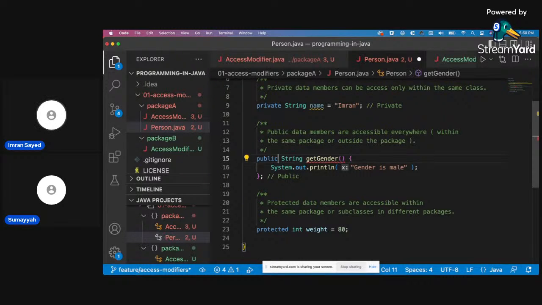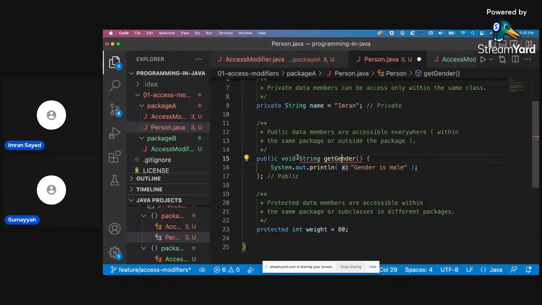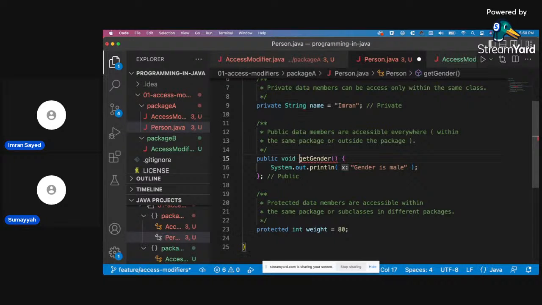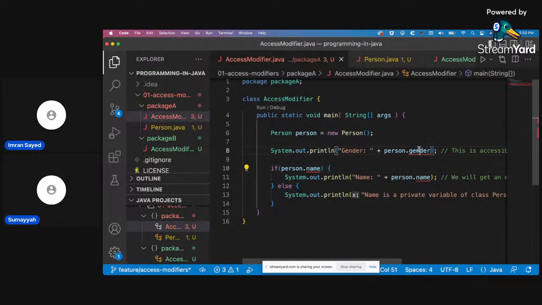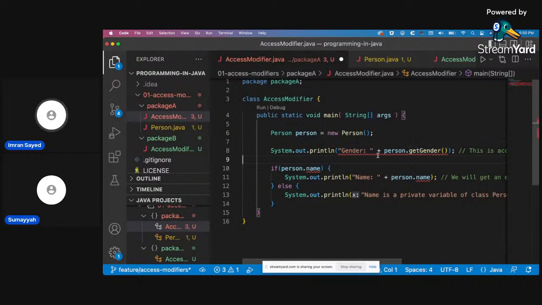Void. Public void. Now what? Remove string. Yeah, I have to use this. Where am I supposed to use it? Person dot get gender. What's happening here? You don't need to print this because it's already printing. This function doesn't return anything, so just call it.